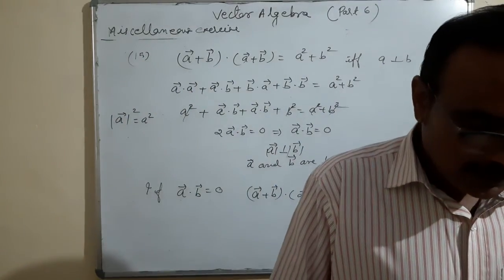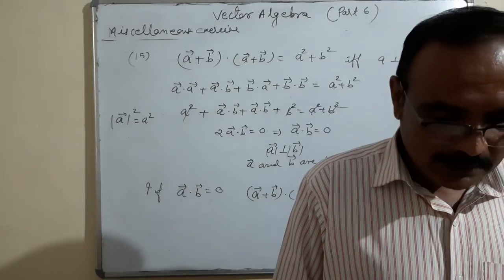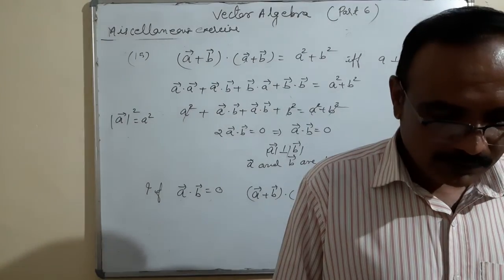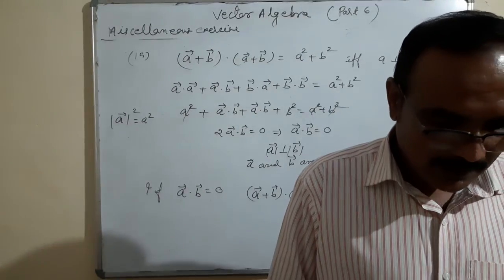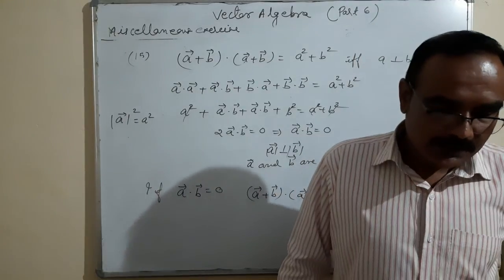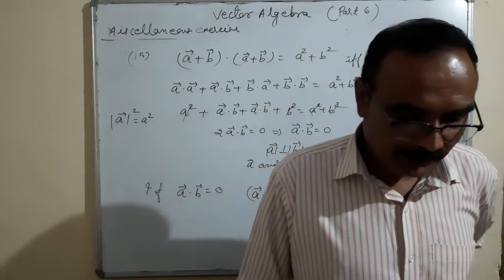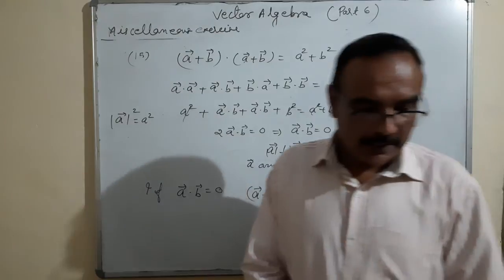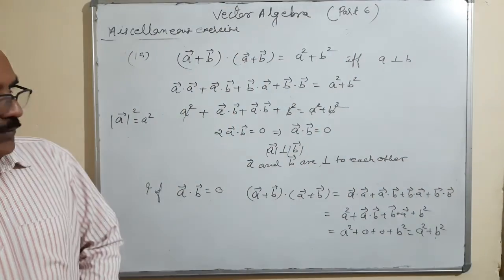Now some questions are there. If theta is the angle between the two vectors A and B, then A dot B is greater than 0 only when the terms are given. So these questions you will try to solve them. Okay, choose the correct options. I hope you will solve them.